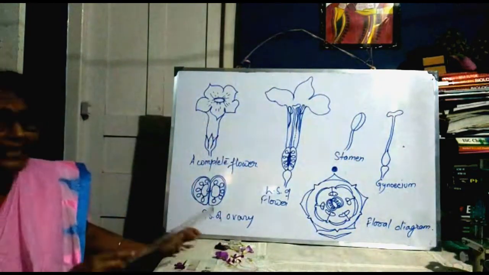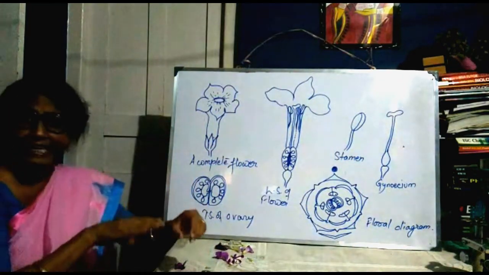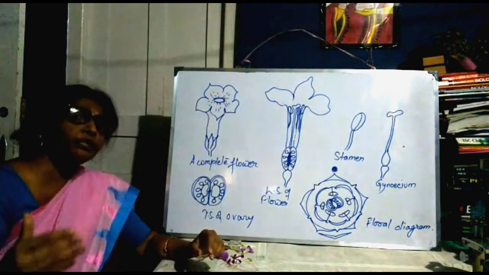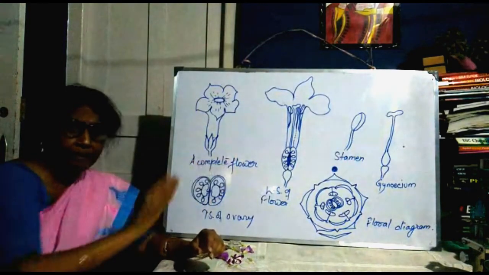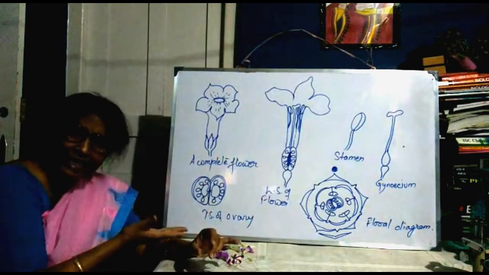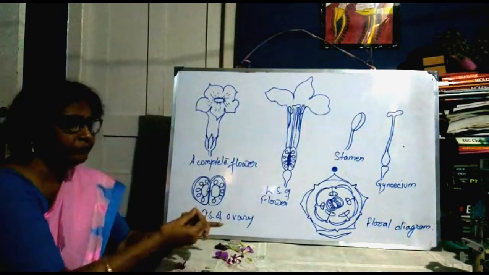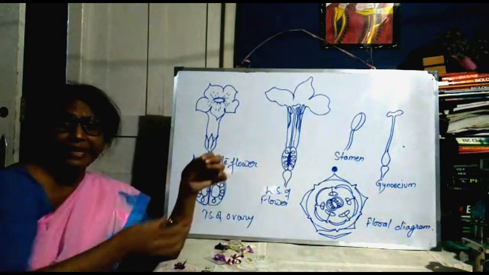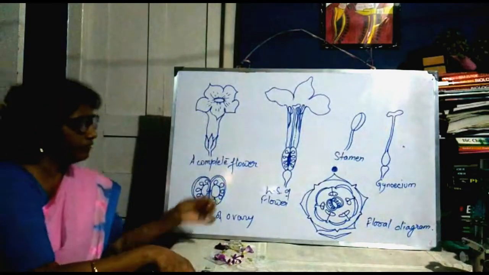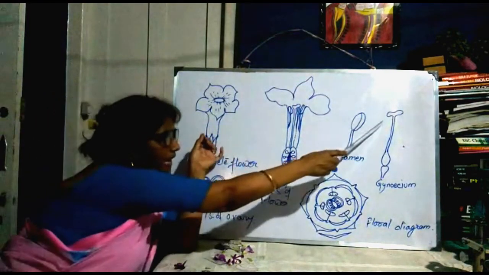Then you have to do the TS. You have to do the TS of the ovary and it will be asked that you show it to the visiting examiner under a simple microscope, dissecting microscope or student's microscope. You also have to separate the total gynoecium and draw it. Then I have separated the total gynoecium, and I have drawn it.